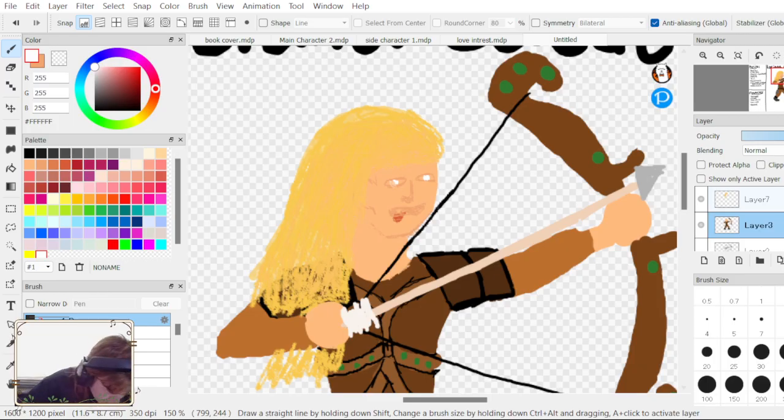Fuck, that's on the wrong layer. Okay. Not what I meant to do.